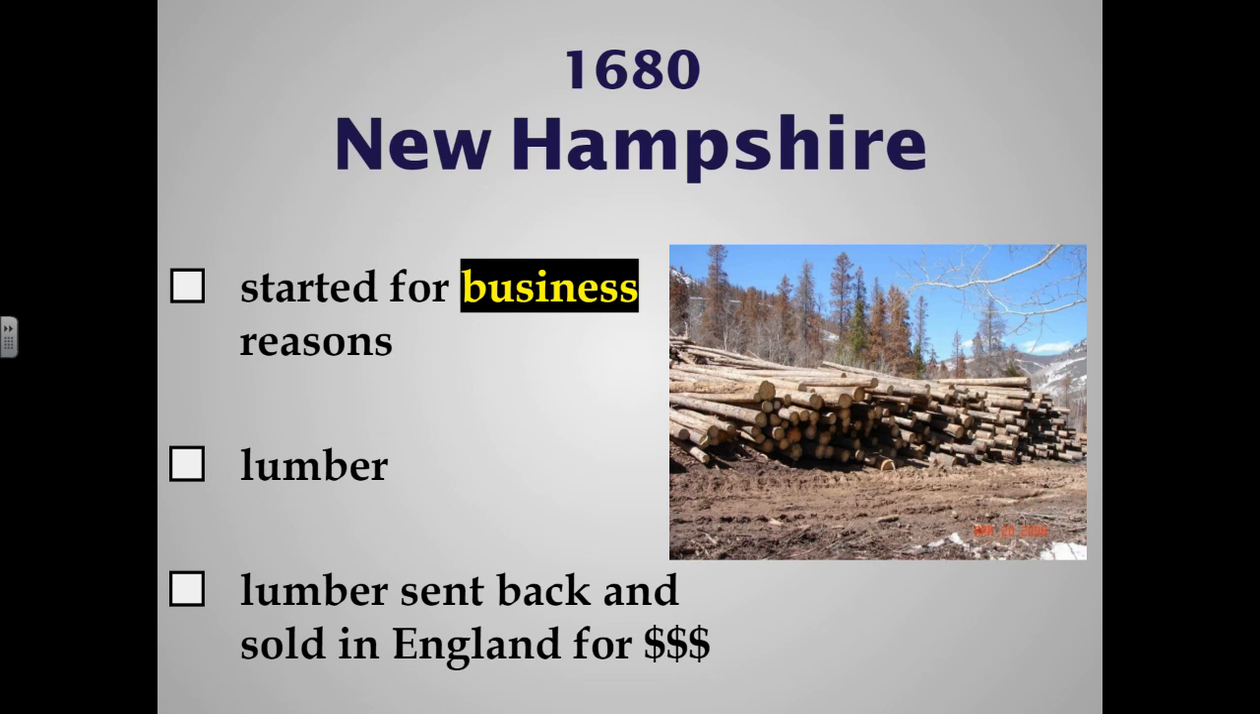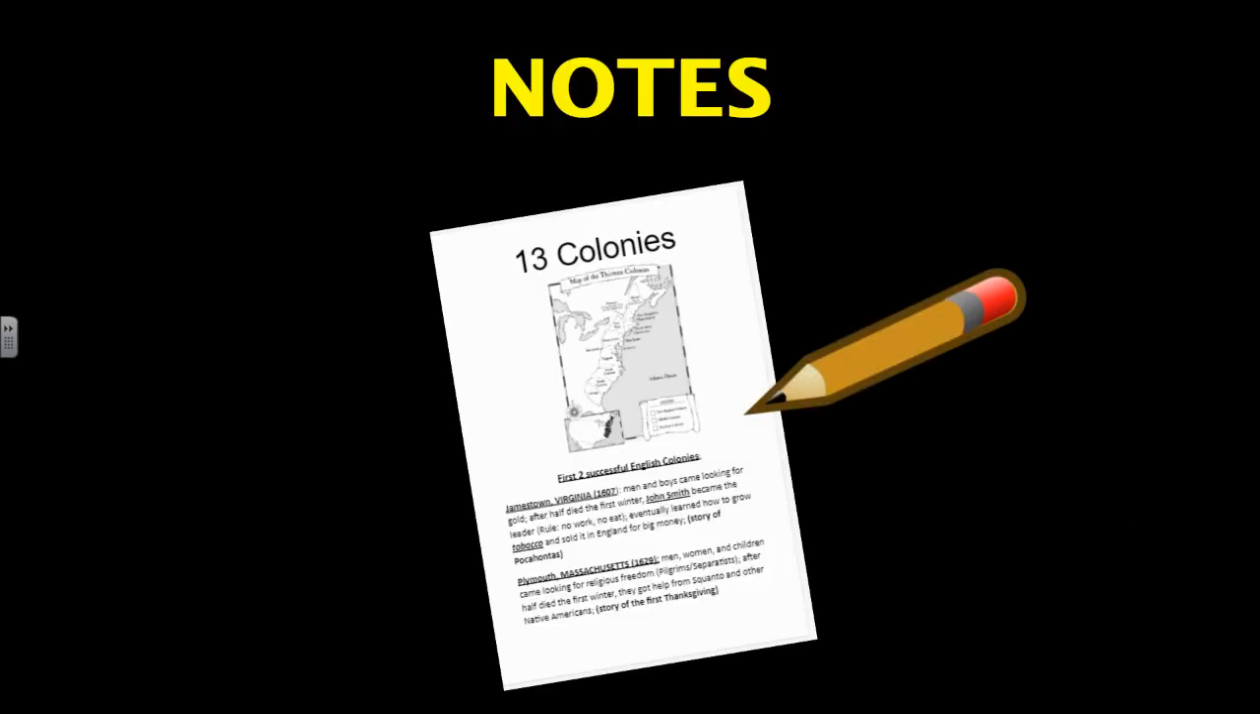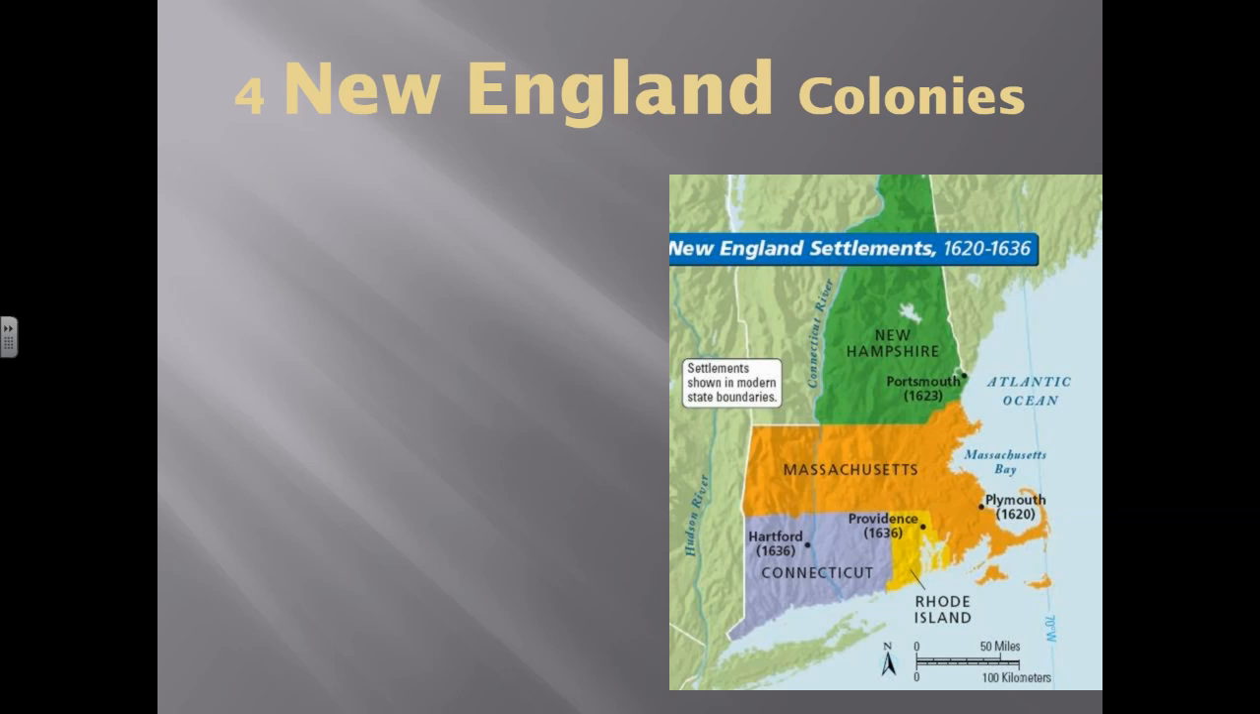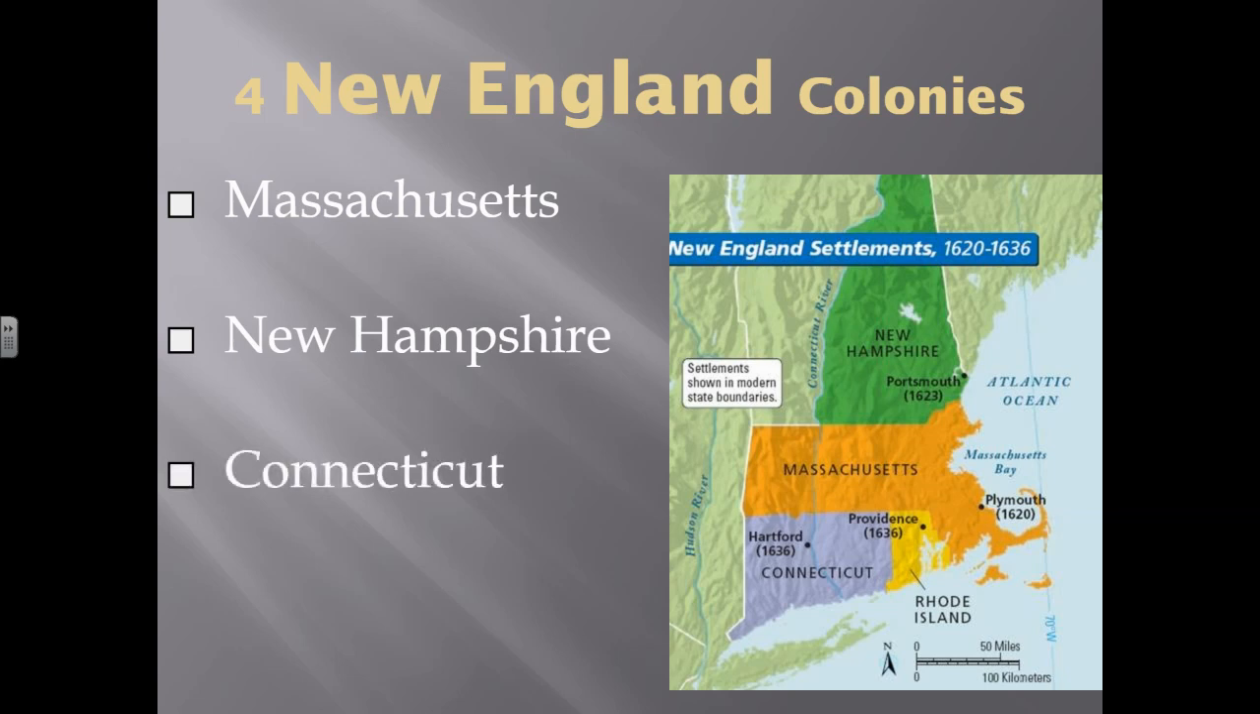Lumber was very valuable. And so, since New Hampshire was full of trees, the king started the colony of New Hampshire for money, for business, and that was the lumber. And so, in our notes, we're going to add our final reason, and that's our bears reason, and that is simply business. The colony of New Hampshire was strictly started so that the king could make money by selling that lumber. And so our 4 New England colonies, Massachusetts, New Hampshire, Connecticut, and little guy, Rhode Island, were started